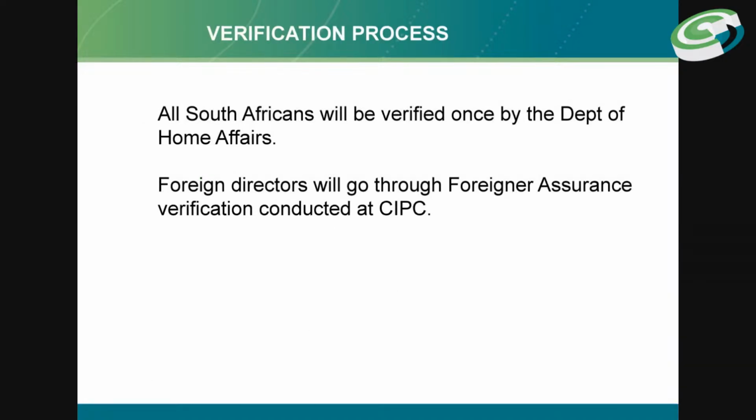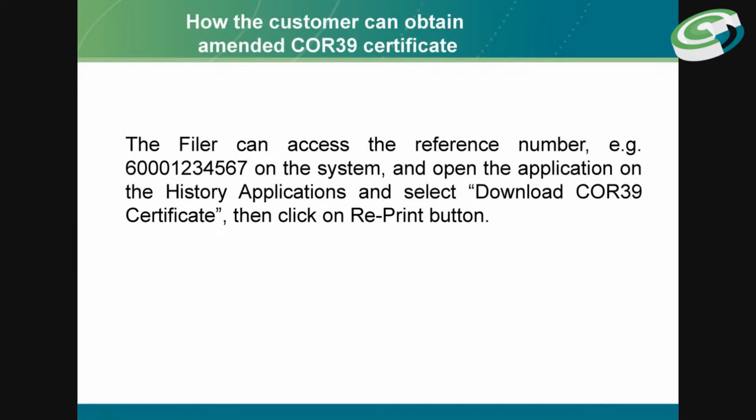Then the other thing that people need to know is that before you can do any filing, all South Africans will have to be verified. You'll be verified once by the Department of Home Affairs, and all the foreigners will go through the foreign assurance verification process that is conducted by CIPC. So if you are a South African, you will be verified through Home Affairs. For the foreigners, it will be through the foreign assurance verification process conducted by CIPC. This process is only done once. Once you are verified, then in the next process that you are going to file, you will not be verified again. Then before you can do the filing, the filer must,